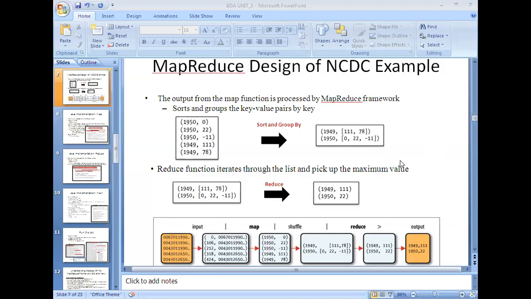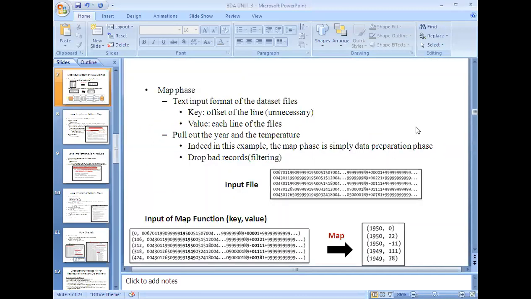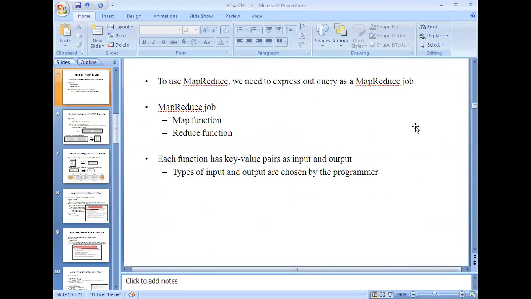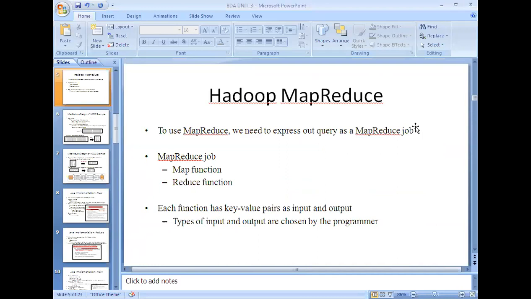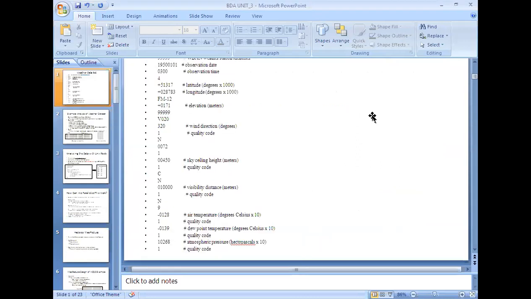This is the format of the data set, which contains a lot of information. From this information, we will try to capture the air temperature part.